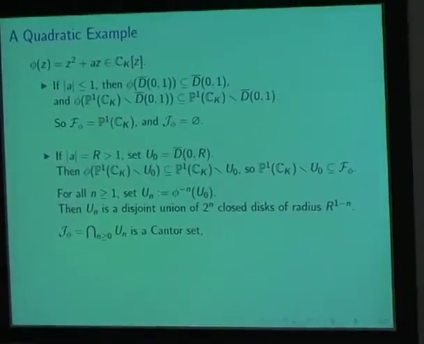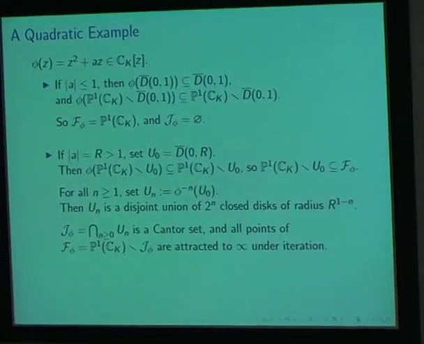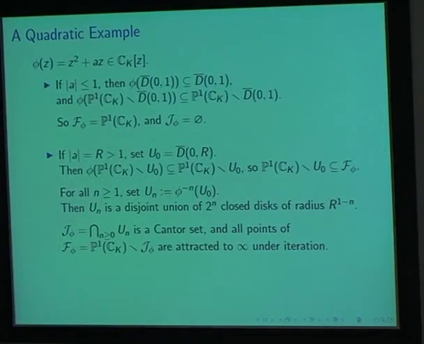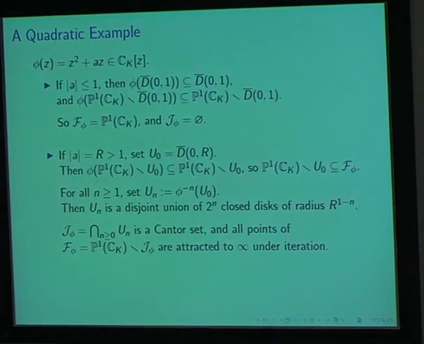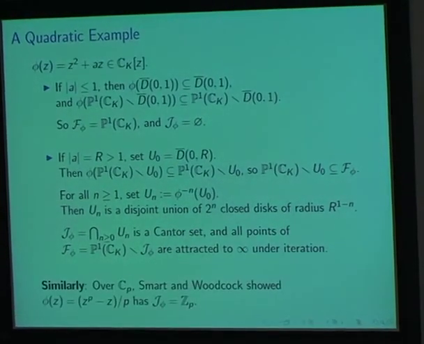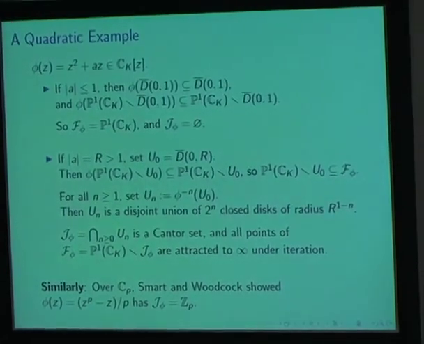The complement of it, the Fatou set: everything in the Fatou set, under enough iteration, eventually leaves U0 and then gets sucked off to infinity. And so the Julia set is this Cantor set. It is, in fact, homeomorphic to the Cantor set in this case. And the Fatou set is everything else. An acute example, Nigel Smart and Chris Woodcock showed